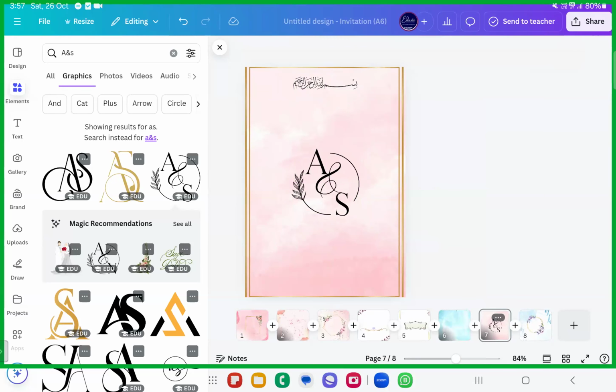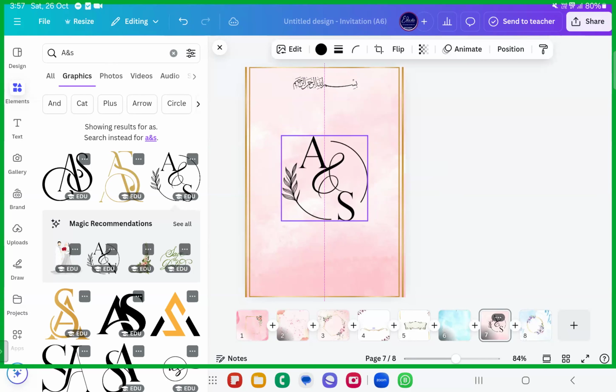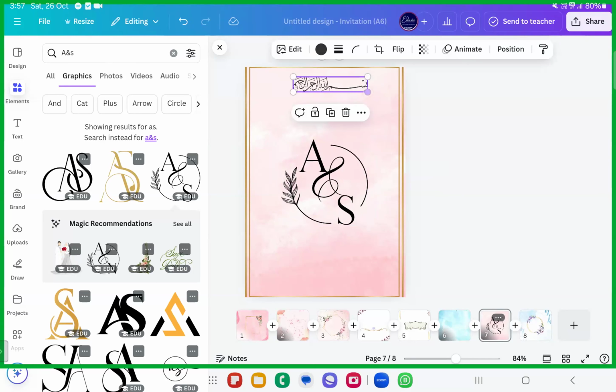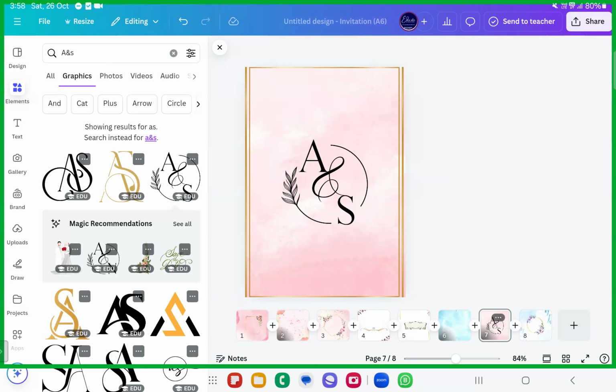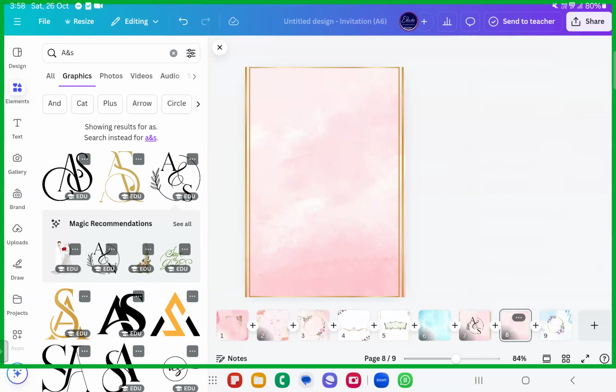If you're going to create a wedding invitation, and it is not just a single invitation card, if you want to create multiple, 3 to 4 pages, then for the first page you can add just A and S, and on the next page go ahead with adding the actual card. Actual card field. So we'll add A and S here, and for the next page, duplicate the page. For the next page, I'll remove this A and S. We'll just add the stuff that we had started off with.